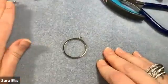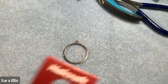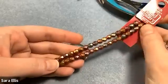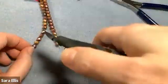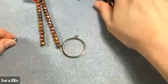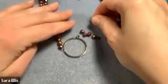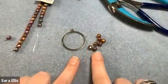I'm gonna move all my beads out of the way here, okay? And this time I'm gonna use some Czech glass rounds for this. I love these, this metallic, so pretty. So we're only gonna use 7 of these for an earring. So we're still going to have plenty of these left over. So you use 14 total. Okay. So go ahead and grab